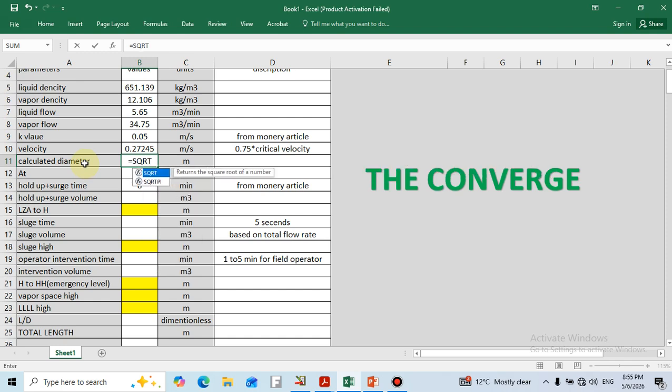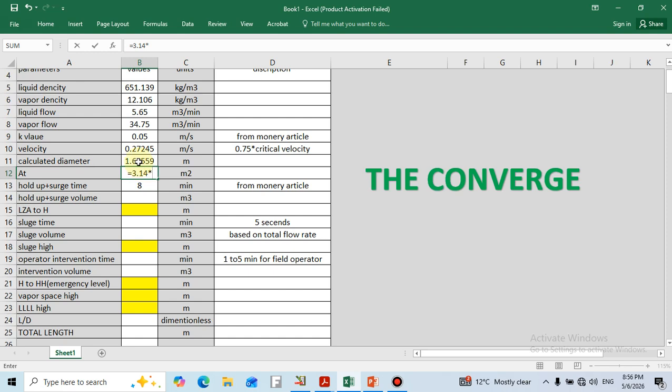I have talked about this parameter, which is the square root of 4 times the vapor flow rate. Just make sure that you convert this number from cubic meter per minute into cubic meter per second, then divide this number by 3.14, then divide again by the velocity which you gained earlier. So for the cross-sectional area, you know the formula. I do consider that you know the exact formula, which is